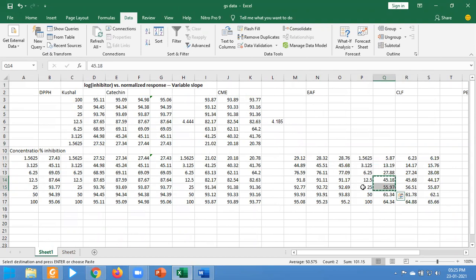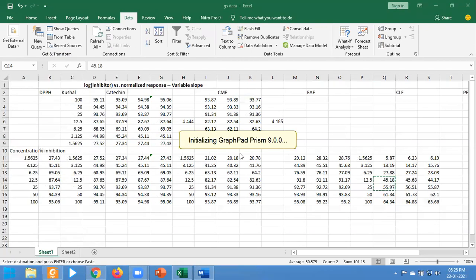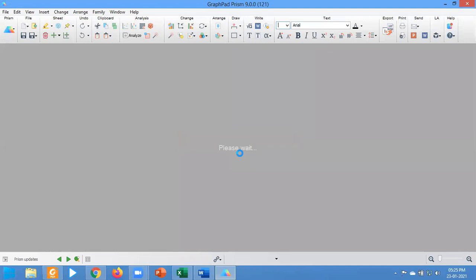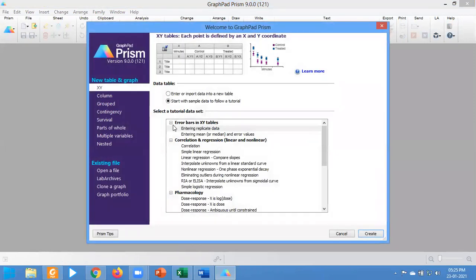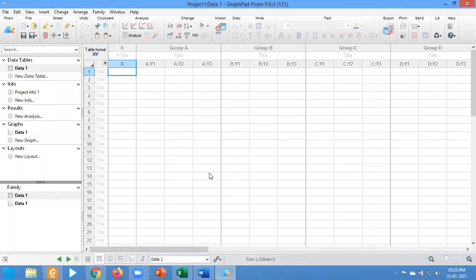So we are going to use Prism to find out the possibly accurate result. Let's start with Prism. Click on GraphPad Prism. Now to start with, we have three rows of percentage of inhibition. Press on create.